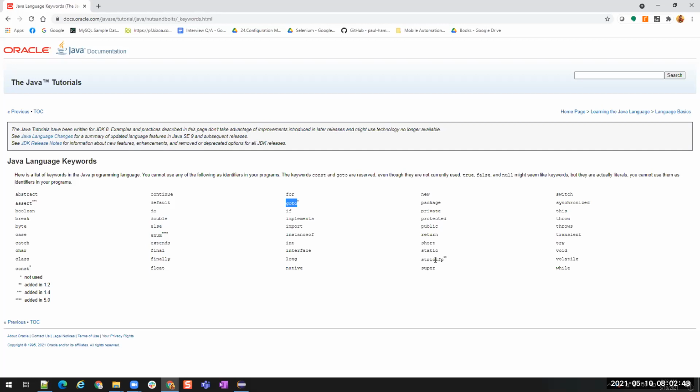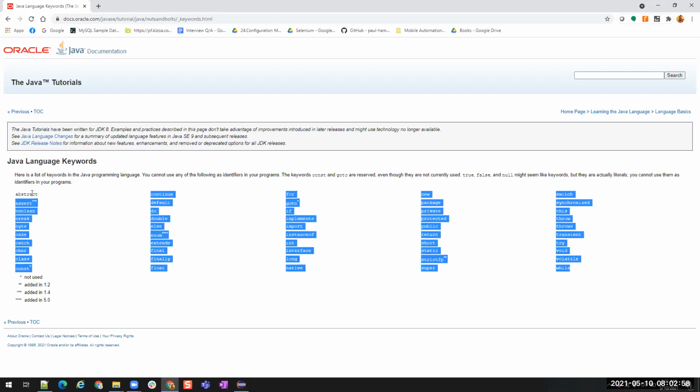These are not needed for us. Strictfp, volatile, transient, synchronized, these kinds of things. Except these, we are going to use almost all the keywords of Java. And we cannot use these keywords as any of the variable names.